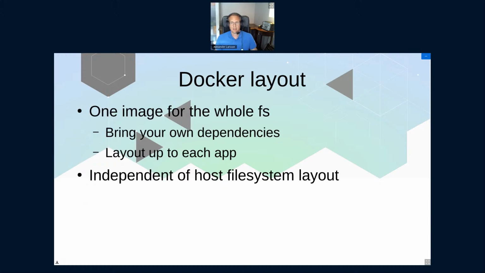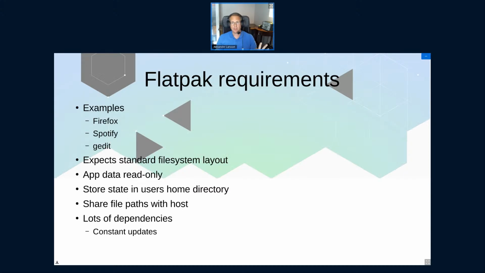So the file system coupling is a good example. Yeah, I've abused that myself as well, where you have your Git repository locally. You don't want to move it into the Docker as well, so you just expose that. And that's a good example. Yeah, and the way this results in the design of Docker is that the image contains everything, and you can bring whatever you want, and you can lay it out however you want, and it is, unless you manually do stuff, completely independent of the host file system layout.